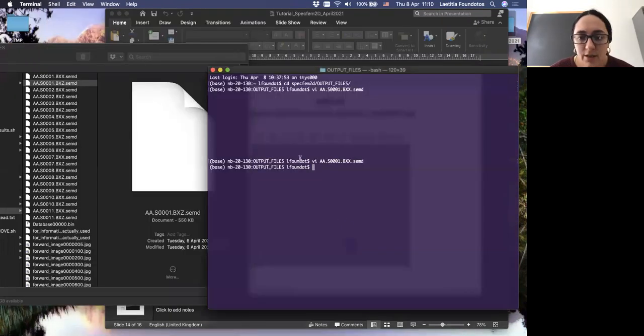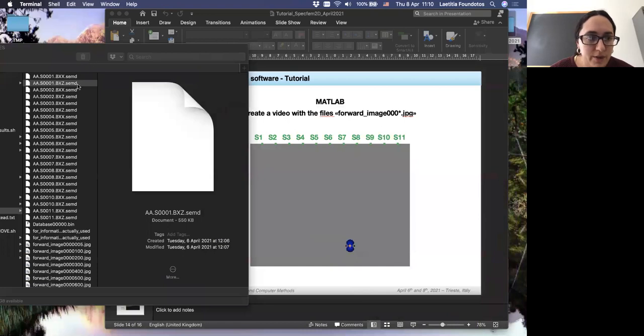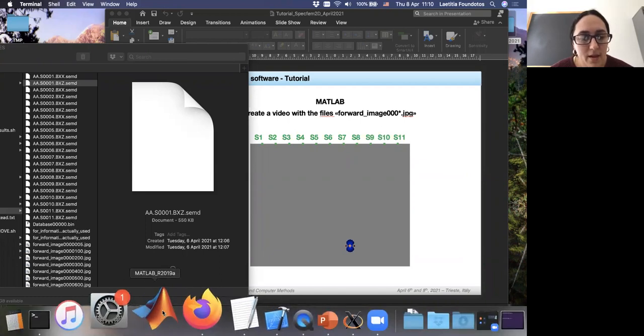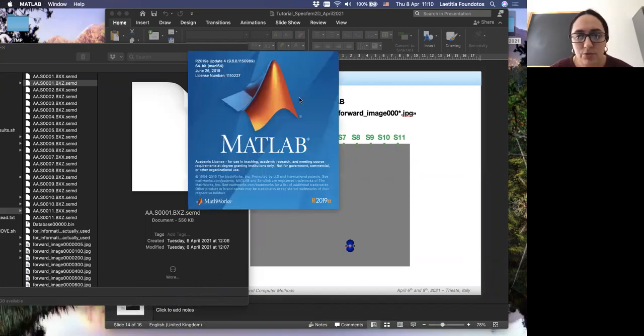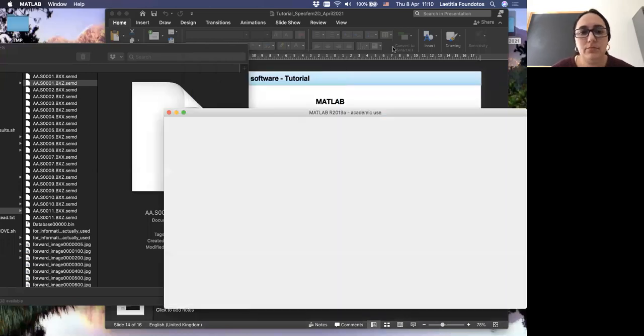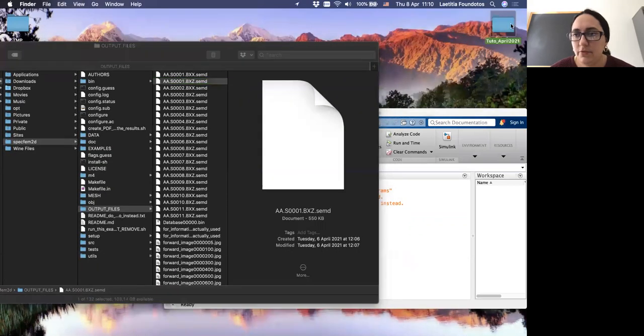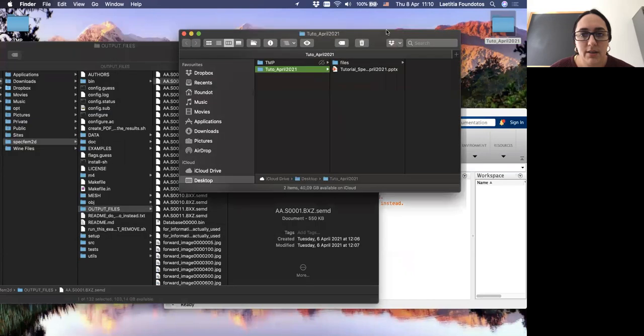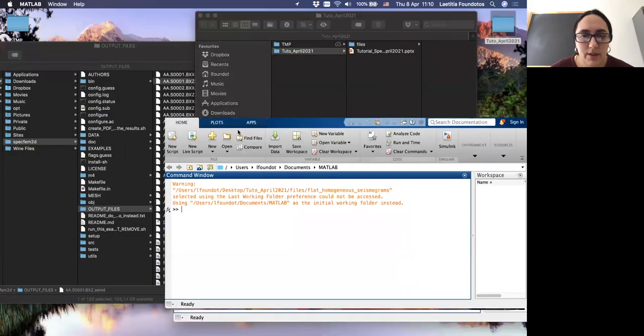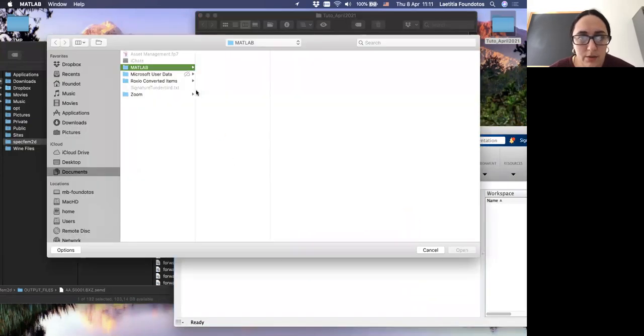So today, I just want to convert these output files, which are the output files of SpecFEM, into SAC format. And then we will read all these files inside SAC. So to do so, I will open MATLAB. So in MATLAB, I will open my code.